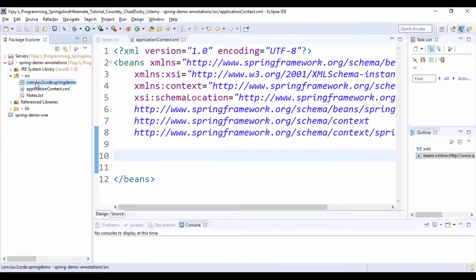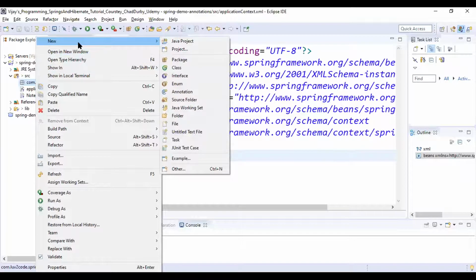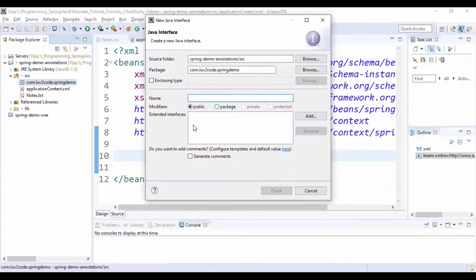Right click on this package, highlight new, and here you need to choose interface. The name of the interface, I'm giving it as Coach. Hit the finish button.